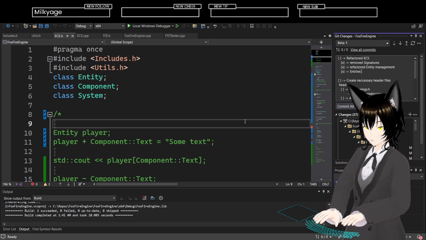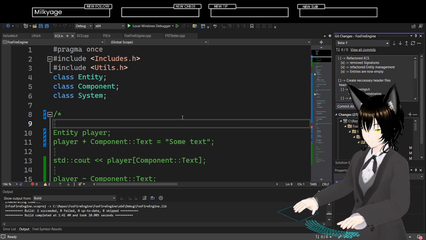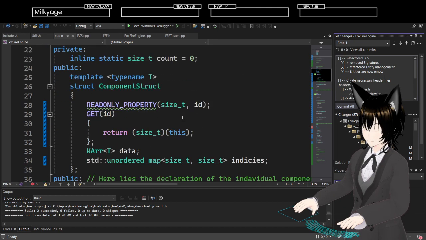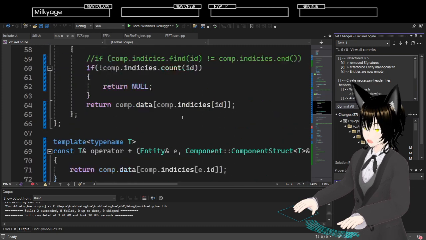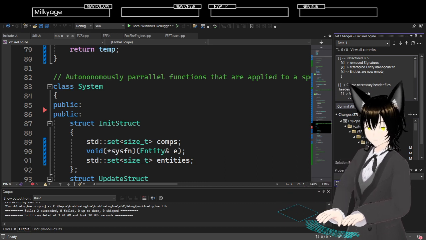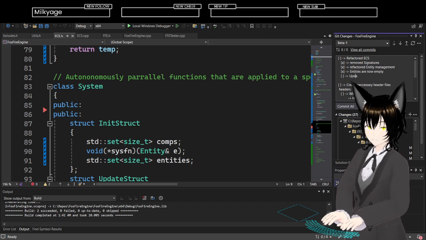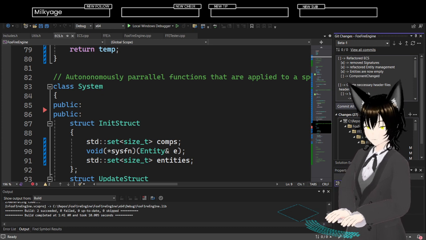Entities are now empty. This is a very key thing. What else have I done? So, oh yeah, I need to handle probably a component changed.